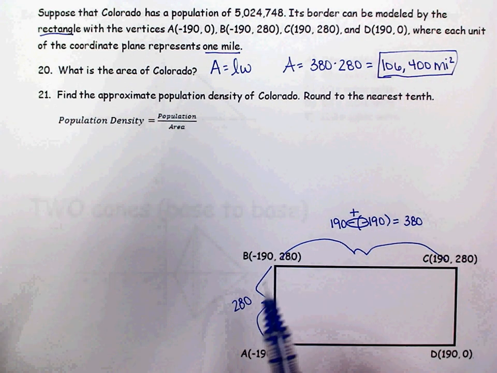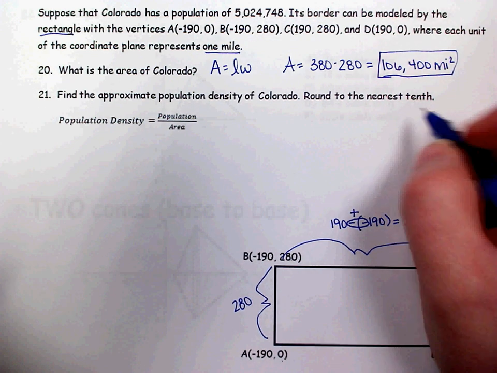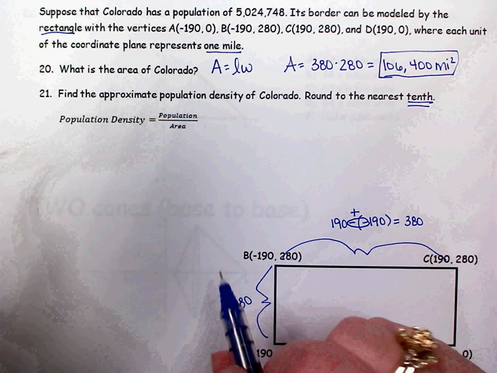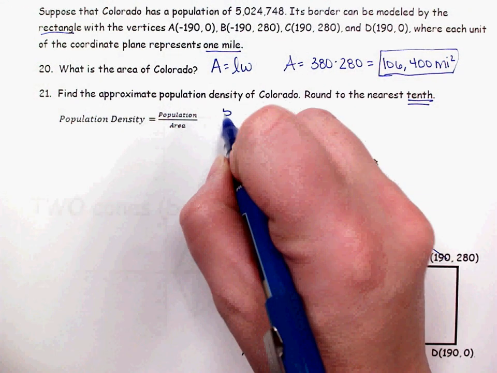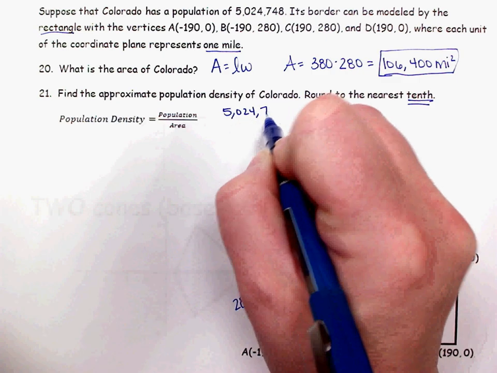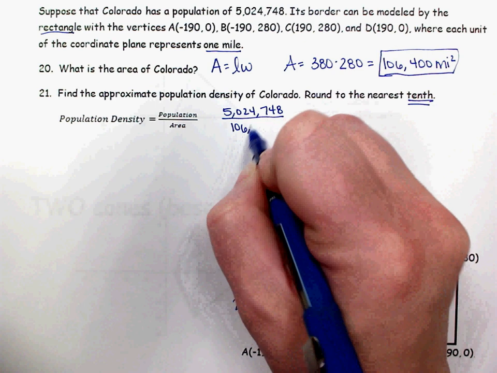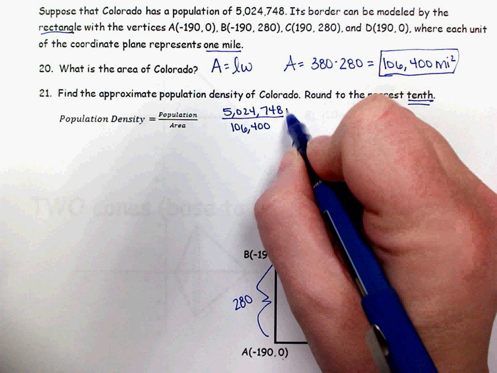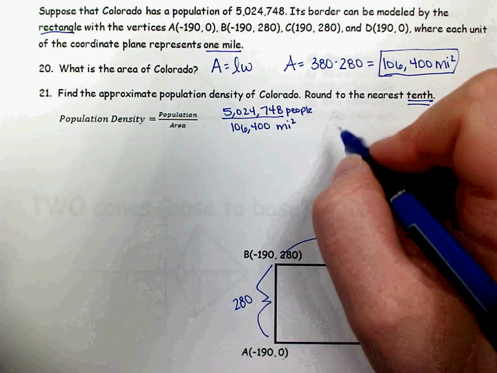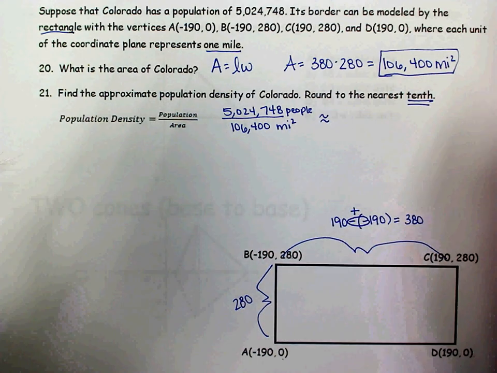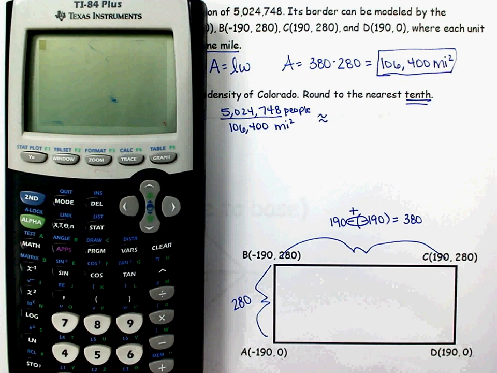So number 21 says find the approximate population density of Colorado and round to the nearest tenth, so 1 decimal place. So it's population per area, so I'm going to take the 5,024,748 and divide that by the 106,400. And again, this is people, and this area is miles squared, so my density will be people per square mile. So I'm going to put that division in my calculator,